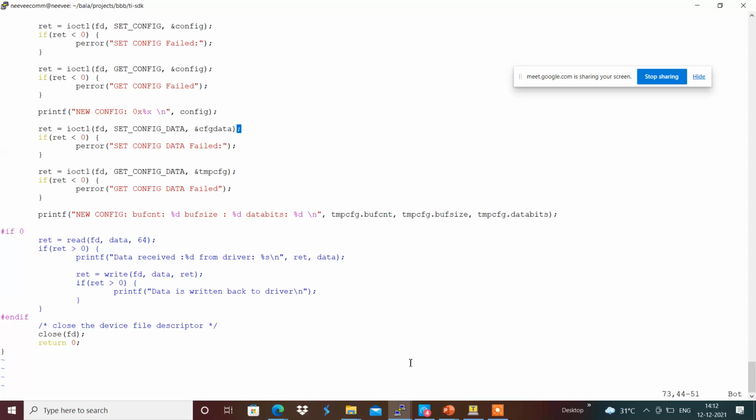I'm initializing it to 0 and running it again.